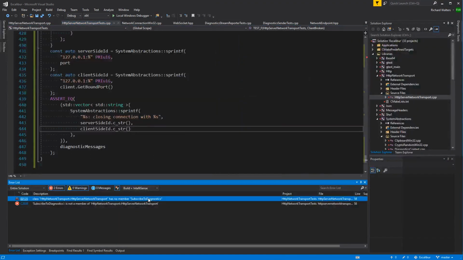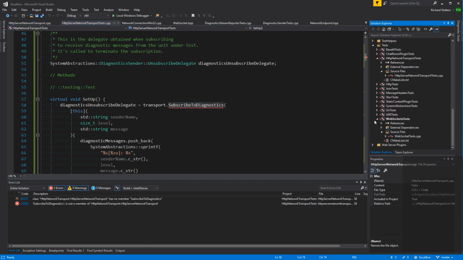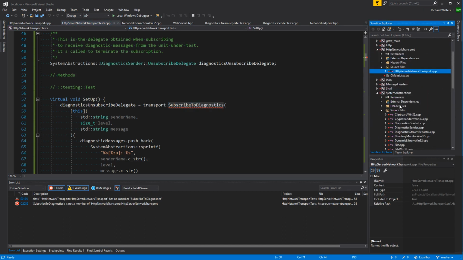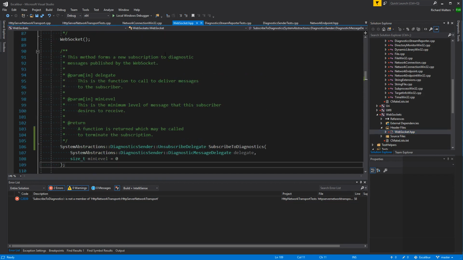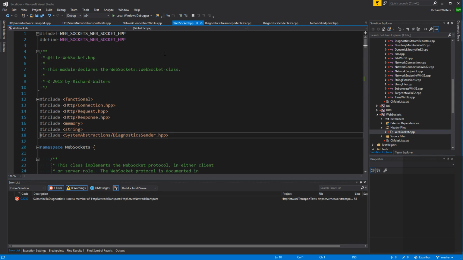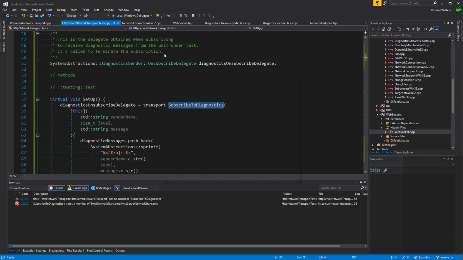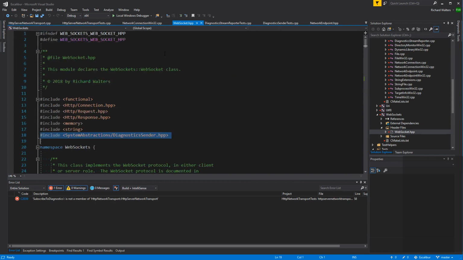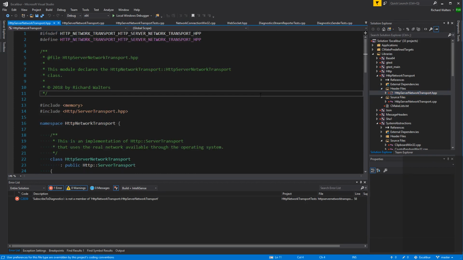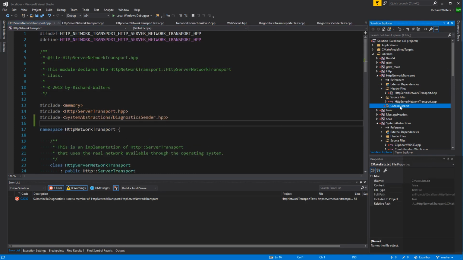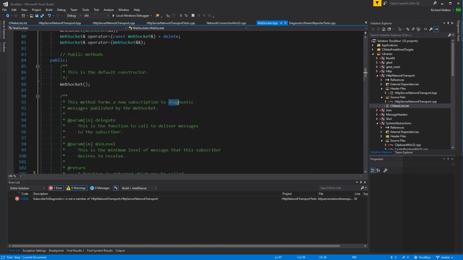Okay, yeah, we can't even compile it because we haven't declared that. So let's do that. I'll take it from WebSocket. It doesn't really matter where we take it from. Just something that already supports the diagnostics that we added to this thing right here. We need that include. I want the header. Where's the header? There it is. Okay, it already pulls in system abstraction, so we're good with that.